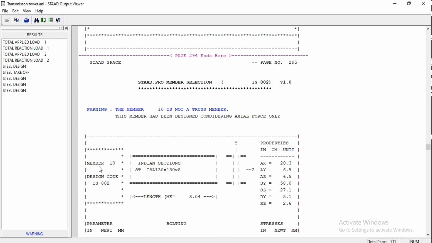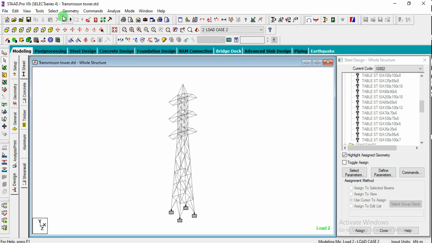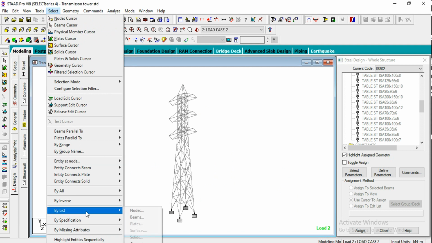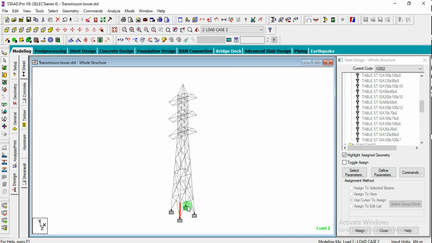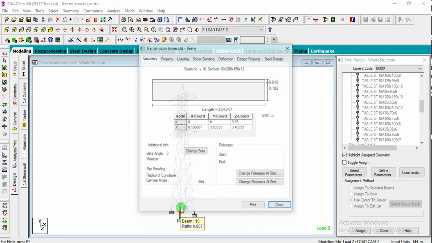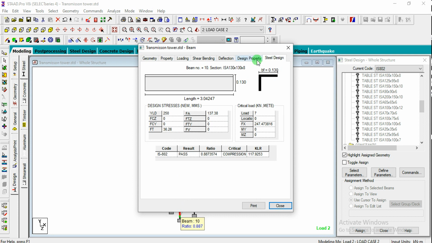You can cross check with this. So once you see for this member 10, closing this output, and if you want to select a particular member, go for selection by list, and you can click on beams, and you can select this 10th member and close. It has been highlighted here. Double click on that. You can go for steel design. Okay, so the section assigned for this is ISA 130 cross 130 cross 8.